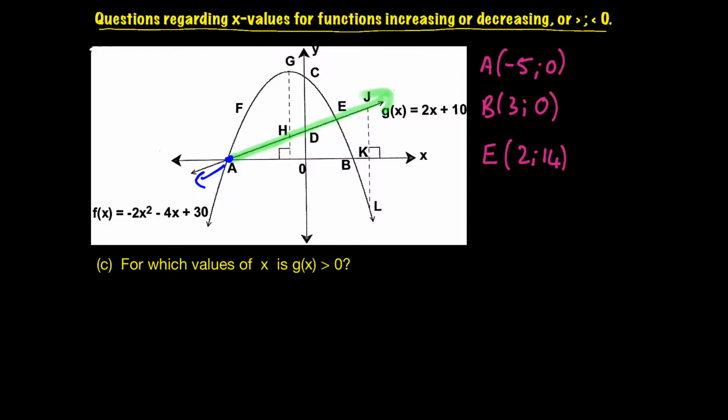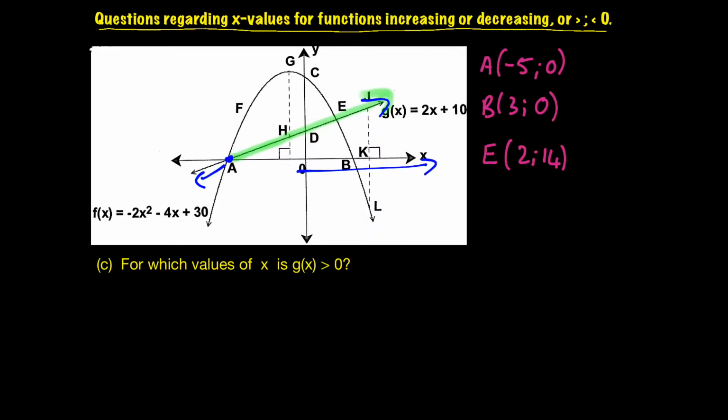All right, and because it's a straight line, we know it's not going to change direction, so it goes to infinity in that direction. So for all x values to infinity, this graph of g of x will always be positive, and in fact, it'll be getting more and more positive because it has a positive gradient. So how do we write that? We need the x value at point A,